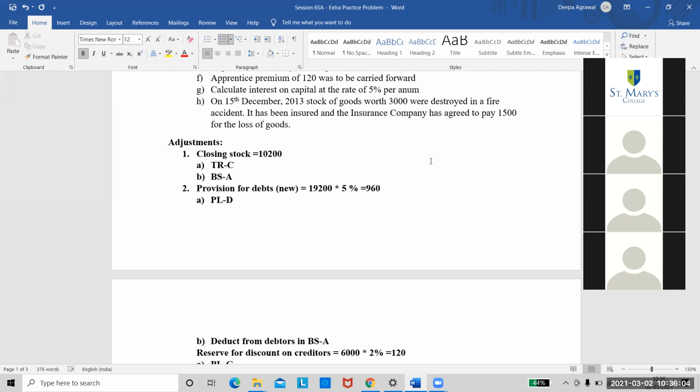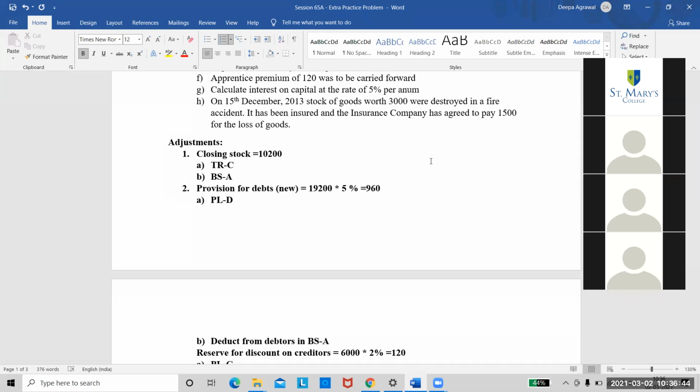So whenever there is an adjustment like this, we treat this adjustment at 3 different places. I will tell you how. First thing is, whatever is the total loss of goods, that total loss will be taken in the trading account on the credit side. Now you can ask me why credit side? Because same example like purchases. For example, you had purchased goods worth 50,000. From that 50,000, 3,000 goods are lost in fire. So you do not have this 3,000 in hand now. That means your purchases are reducing.